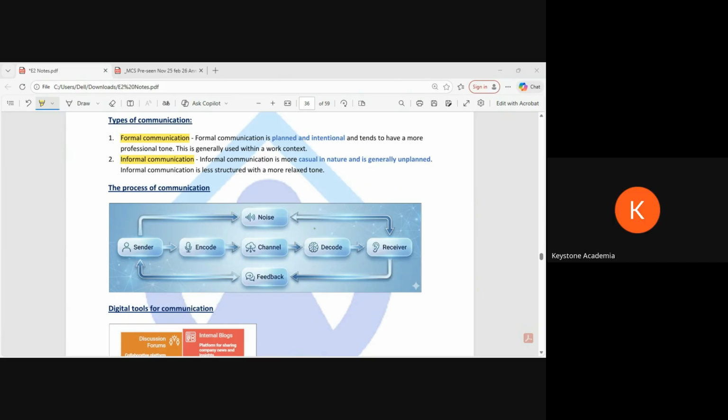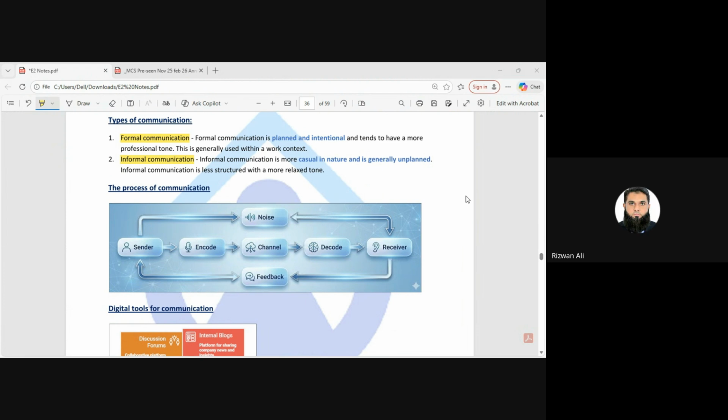What do you guys think is the best way of communicating? Looking at the size of our organization and business, like you're a finance manager, now you have to manage your team, not your team in finance. They'll give you other roles also. Which kind of communication will work? Which channel? How do you want to use the choice of words and all? Mostly formal, of course. You want to use mostly formal? Okay.